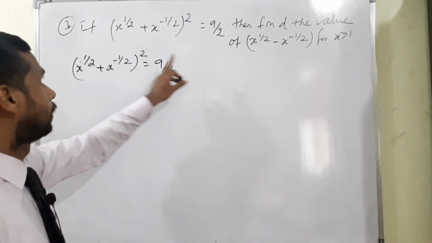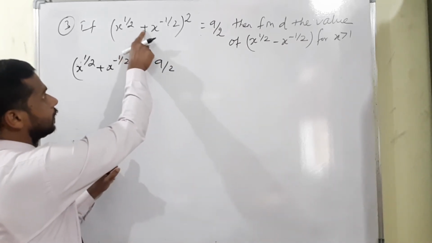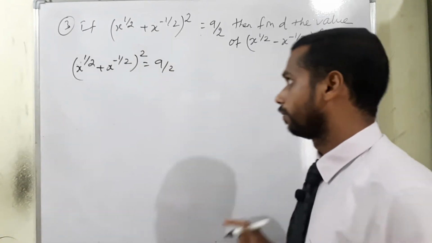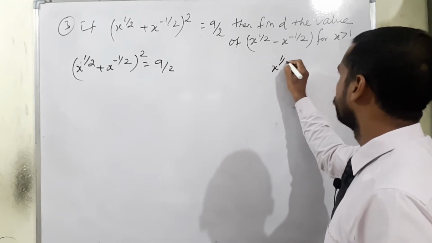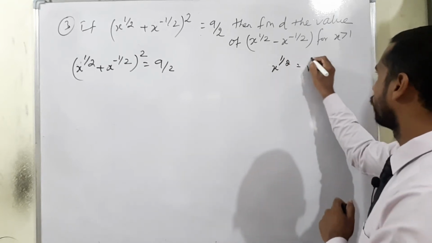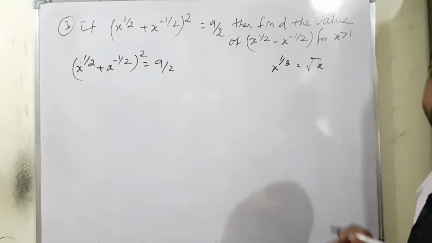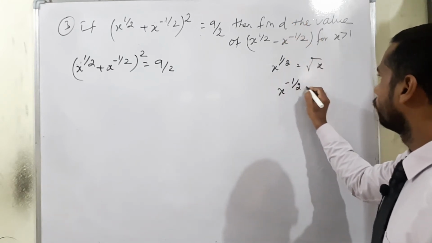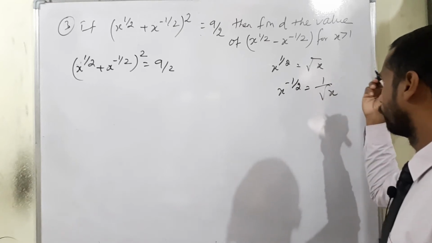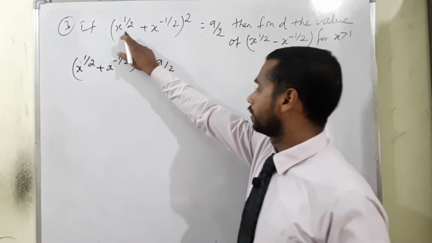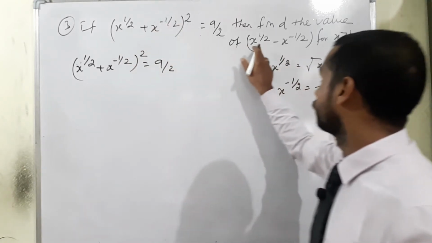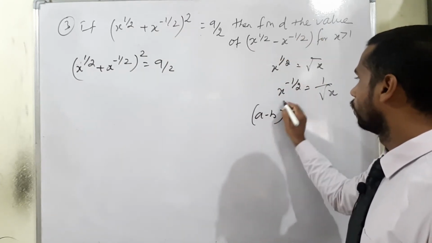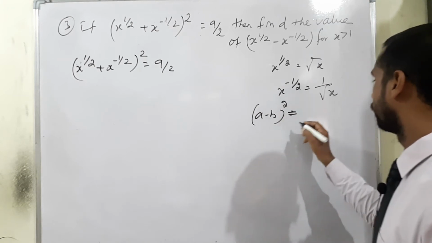We have to find out, listen very carefully, the given condition has a plus, and we have to find out the one with a minus. Already we know the meaning of x to the power 1 by 2: we can say it is the square root of x. If you remove the square, it means x to the power 1 by 2. At the same time, x to the power minus 1 by 2 means 1 by square root of x. So the condition is of the form a plus b the whole square, and we have to find out a minus b without the power. Therefore, for a minus b the whole square, how to split the term?